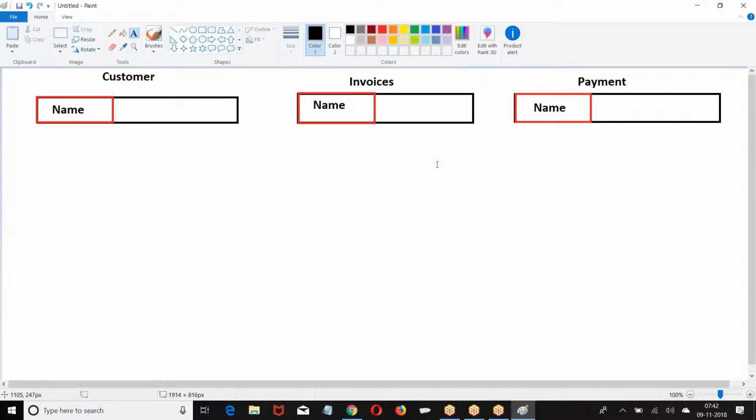This is how we got name. This is the required field. You are supposed to enter the data also.